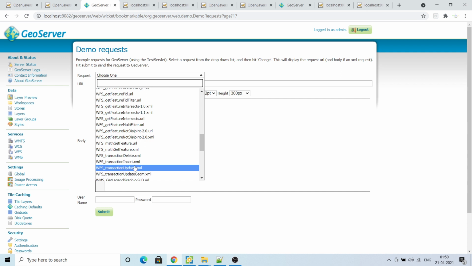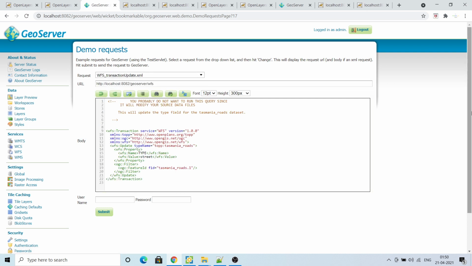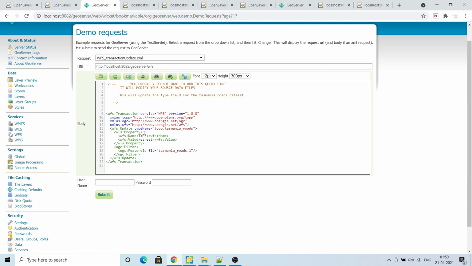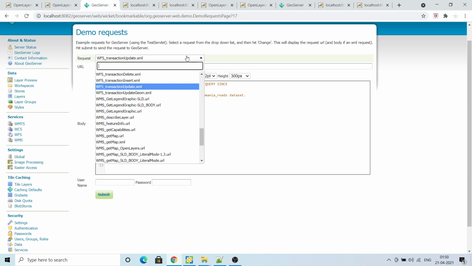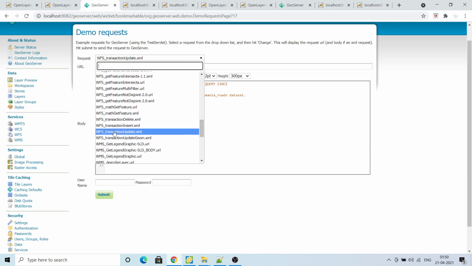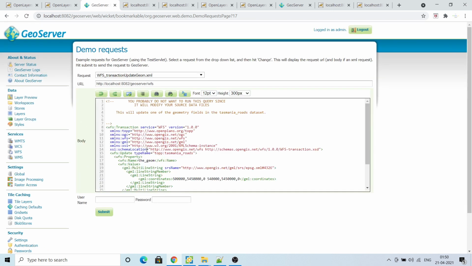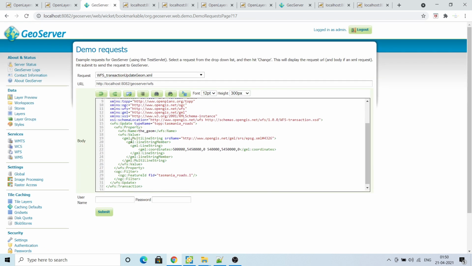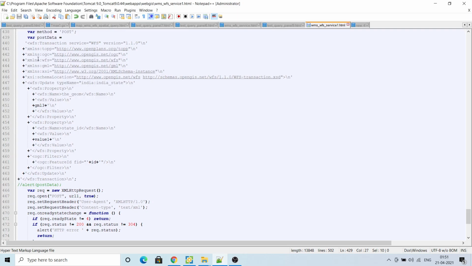This query I am using, and update geom, two queries I am using here, the same thing, update geom. So see this, if you compare, this thing and this thing are the same here.